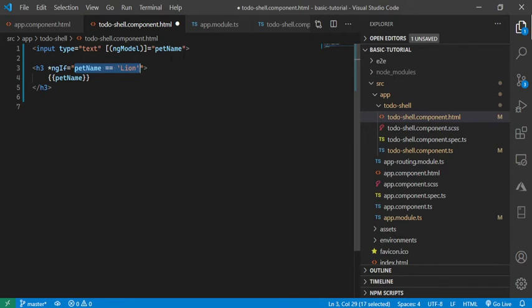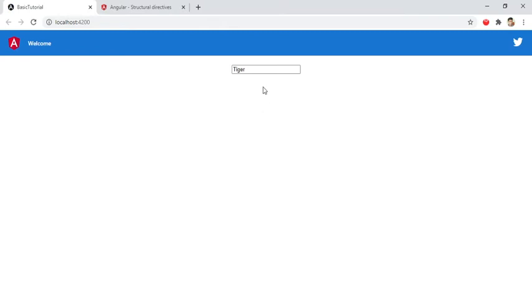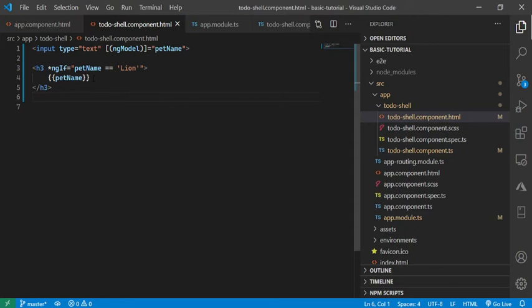We have a text box which can dynamically change the value. So let's see. Right now it's not showing, and even when I am deleting it, it's not showing. I'm just going to type lion. So I can see the value is showing here. Basically what it is doing is comparing the values pet name and lion at runtime and displaying the output.